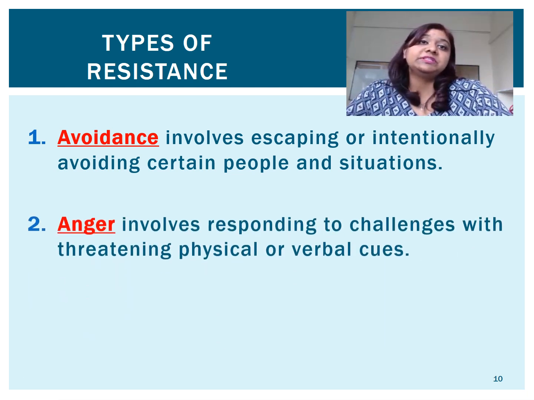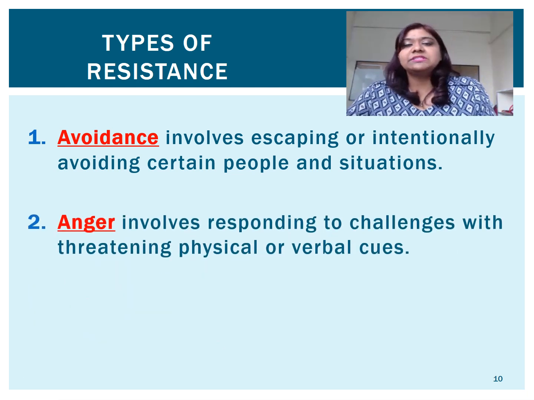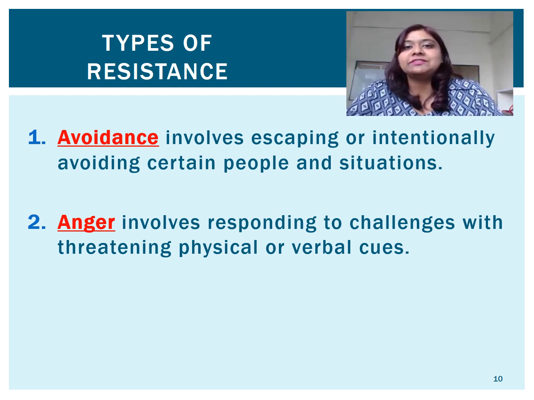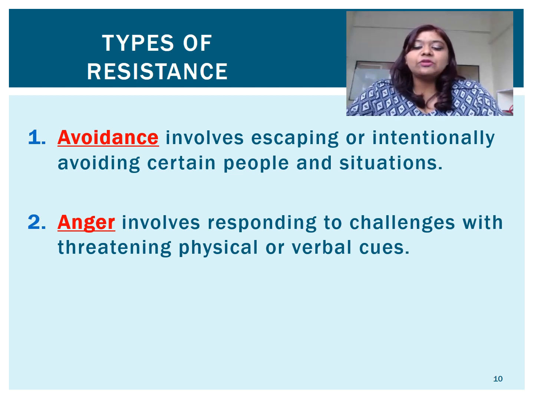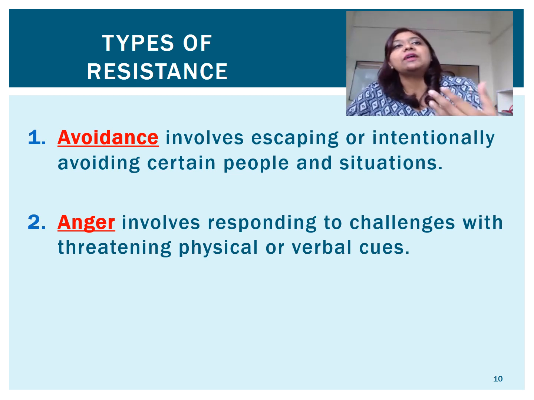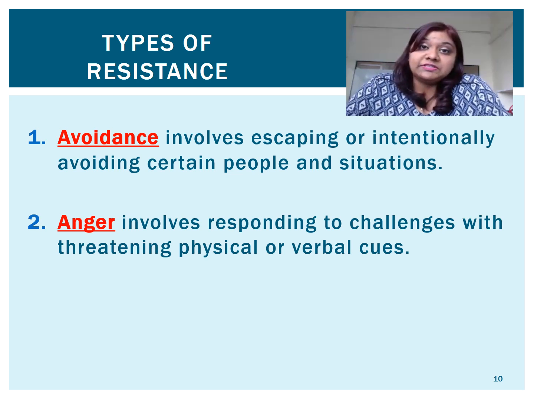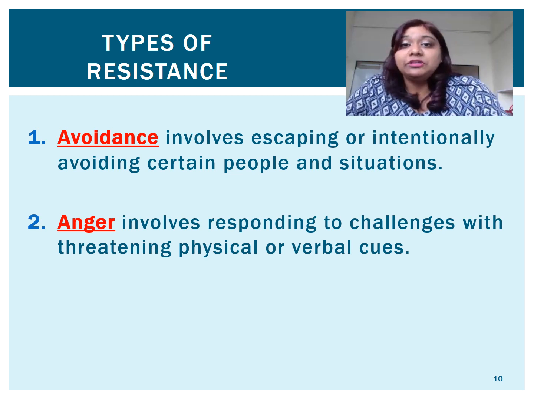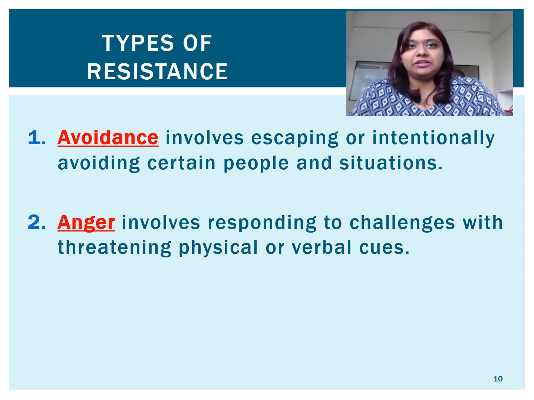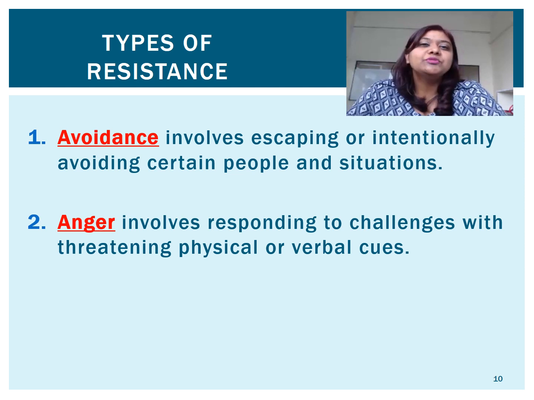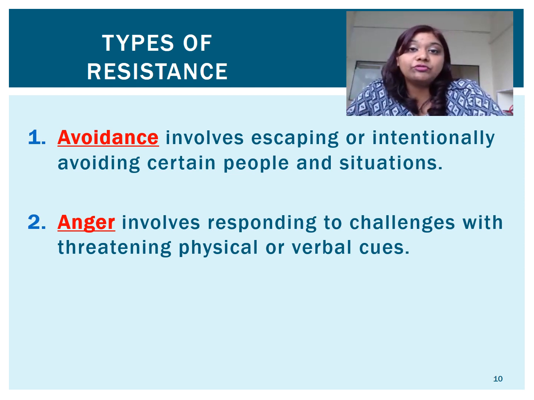Another type of resistance that can also occur is anger. Now this is something that's very common. Most of the time what happens is when you realize that you have done something wrong, instead of admitting your mistake, instead of trying to analyze what to do to improve the situation, you get angry with another person. How many times have we come across our family members, for instance, getting angry over a particular issue, and instead of dealing with that issue, they choose to take it out on the person closest to them. I'm sure every single one of us have gone through this situation.